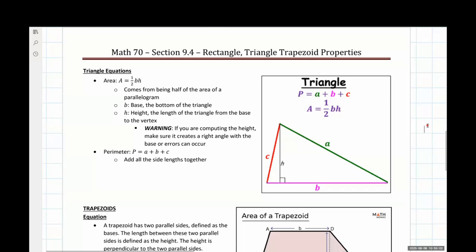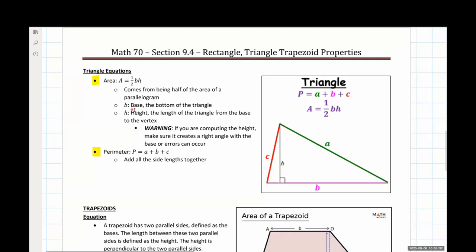All right, so our equations with triangles. These are the main ones that we are going to be using for this particular section. We covered a couple others yesterday, but a few more just to round out the group. So we have our equation for the area of a triangle and for the perimeter of a triangle. This comes from the idea of a triangle being half of the area of a parallelogram, hence the area, base, and height coming in as well.